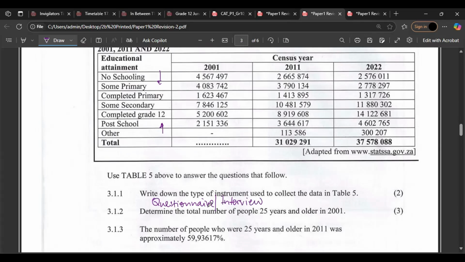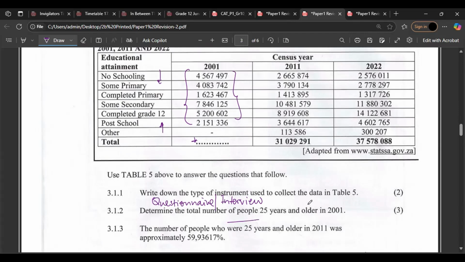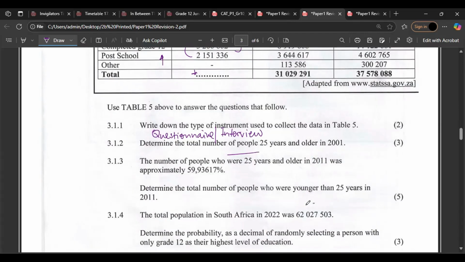Okay, determine the total number of people 25 years old and older in 2021. This number here, it's missing. This is obvious. Don't get scared. Add everything here. Add all these values. You get the answer. Add all those values. You get the answer. Then let's look at the other one here. Let's look at the answer here. We are saying the number of people